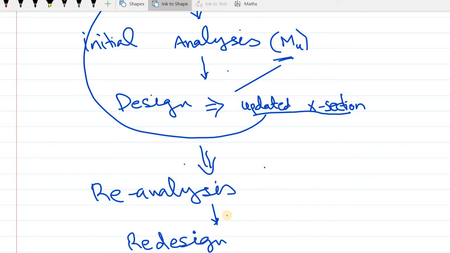The reason I'm discussing this over here is to give you an understanding of how to practically design. What I mean by that is, in order to design, you need to first be able to calculate MU. So our first topic, today's topic, is in fact not about design, it is about calculating MU, how to calculate MU at a different location for a beam.